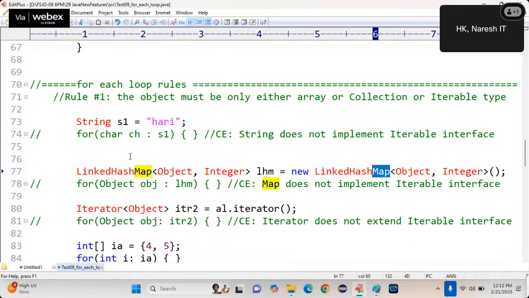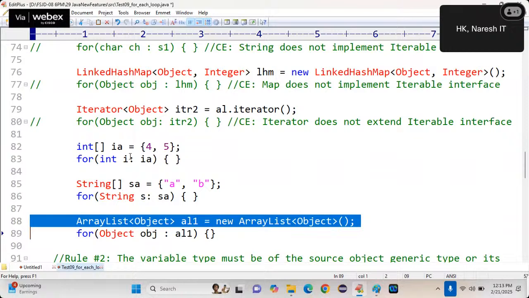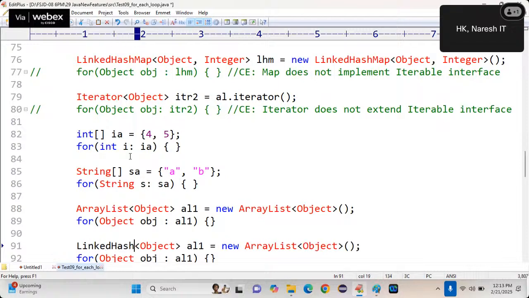There are three words around collection: small c collection, capital C Collection, and capital C Collections ending with S. Small c collection is just a group of objects, maybe in array format or in map format. Capital C Collection is an interface, and Collections ending with S is a class name. Here map is not a Collection, which is capital C Collection. Hence map is not allowed. Here array list is allowed because it is a capital C Collection type.